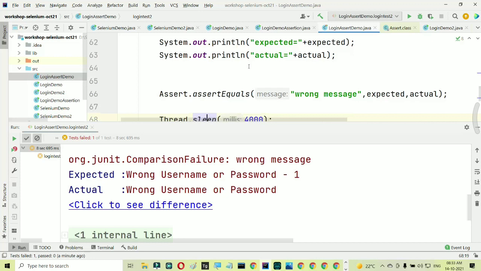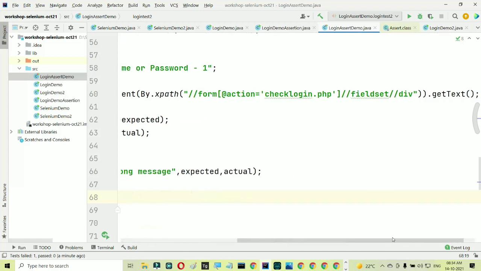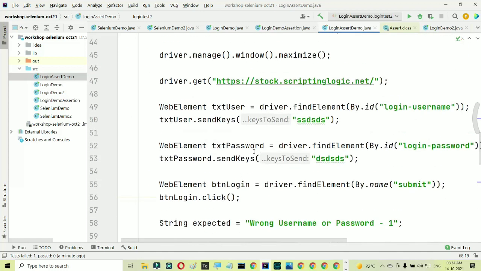You can keep any expected result, any actual result. You just need to know with the help of Selenium code how to capture that particular actual value. If you want to capture any text, you have the get text method. If you want to capture the URL, you have the get current URL method. If you want to capture the title, you have the get title method. Over time, when you practice, you will learn what exactly to capture and how to capture it. These are the basic things, and with the help of this you can do a lot of comparisons.